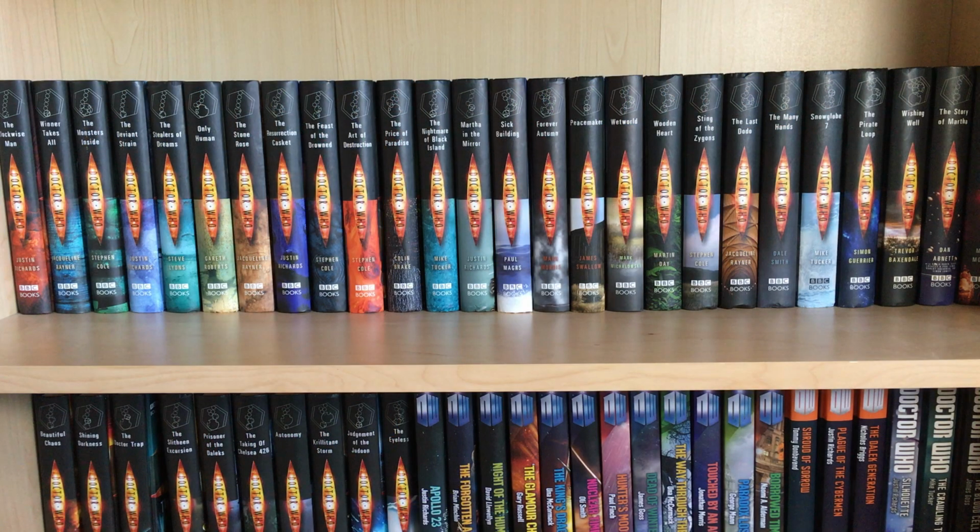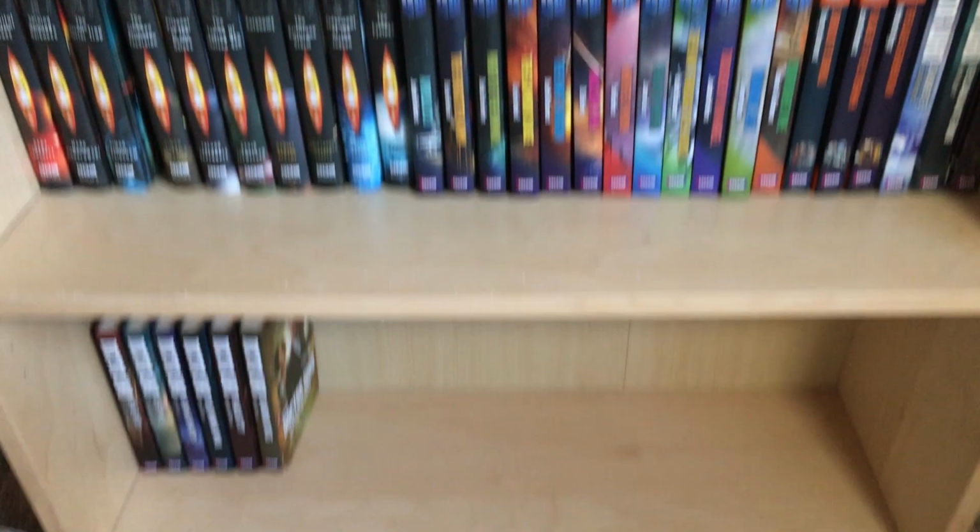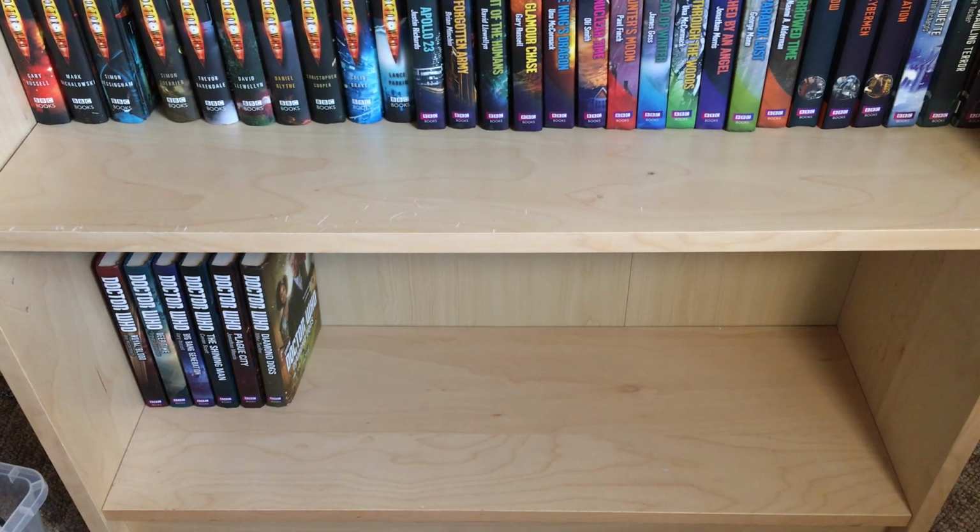Now, talking of 2005, it ushered in not only a new era on TV, but a whole new era to Doctor Who books too, as we got brand new, original stories regularly released concurrently to an ongoing series for the first time, and in hardback. I have read all of the new series adventures apart from the 13th Doctor ones, as I was determined,